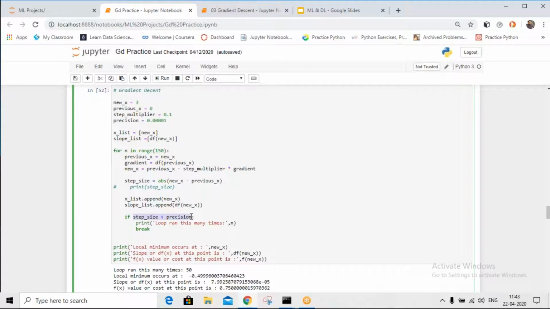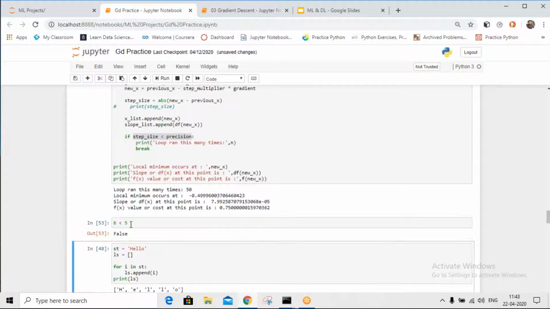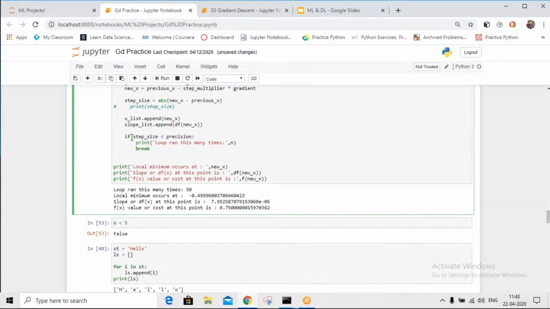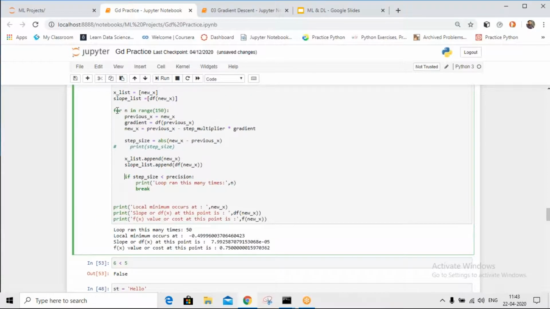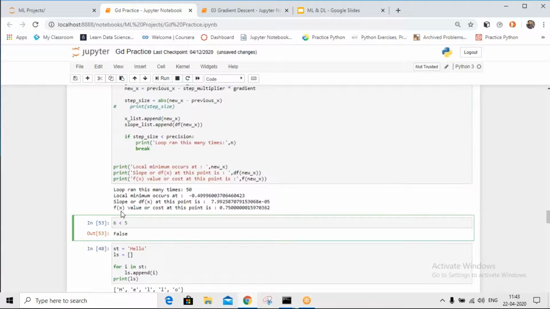When I do some comparison, it gives me the Boolean output. What do I mean by Boolean output? Let's say I'm comparing 5 is greater than 6, so it gives me false. So till the time my loop if is giving me false, this will keep on running. This will go back, run, this will go back, run. But once I have this true,